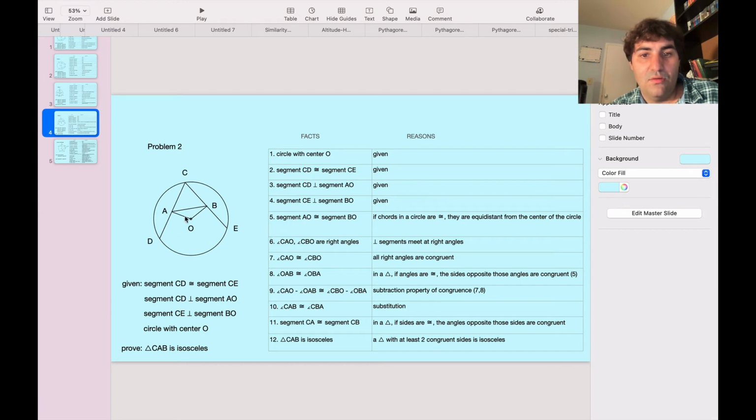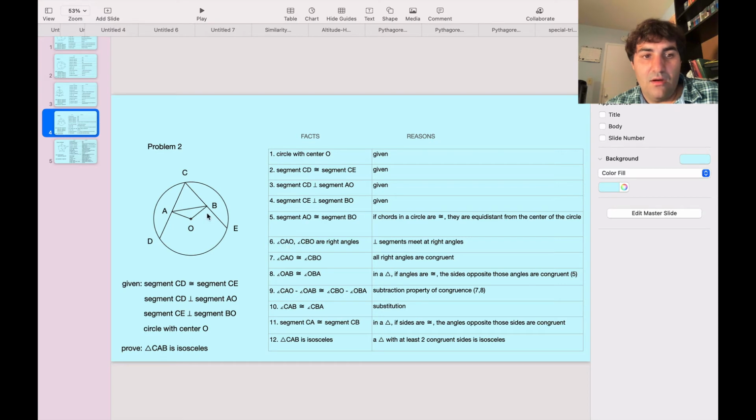Segment AO is congruent to segment BO. Why? Because segment CD and segment CE are both chords of the circle, right? And if chords in a circle are congruent, then they're both equidistant from the center of the circle. We know that